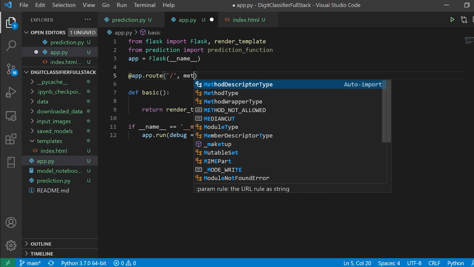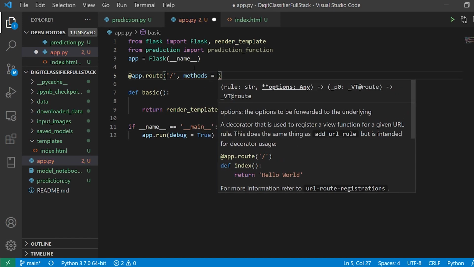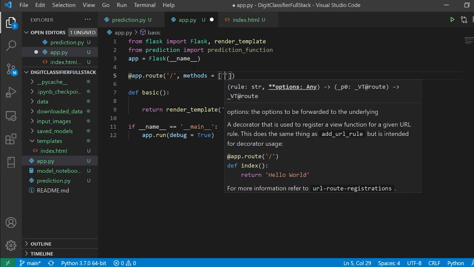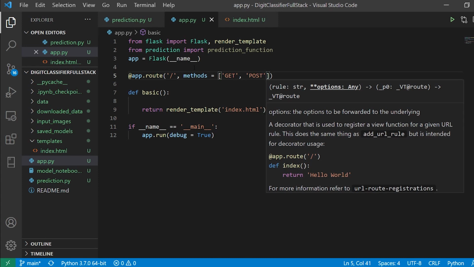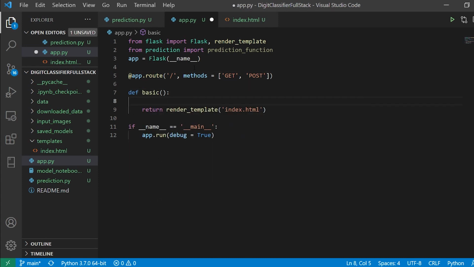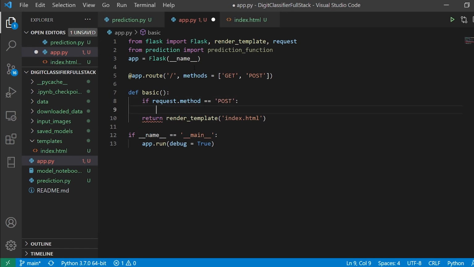Here now I'm going to specify it. I'll say methods is equal to, inside square brackets, GET and POST. Why do I need GET? I need GET because I'm rendering the template in the first instance, and after a POST request, some other operation is going to come into the picture. So I'll say if request dot, but right before doing that, you will have to make an import. After render_template, you can type comma and request. This request will be used. So I'll say if request.method is equal to POST, I want to perform something, and what I want is the value from my form.